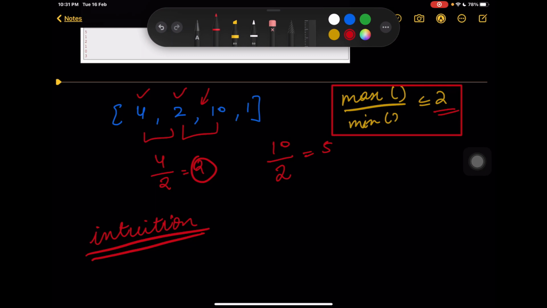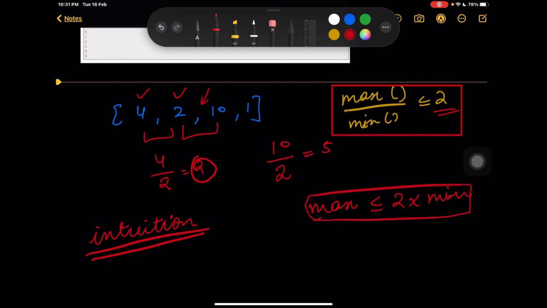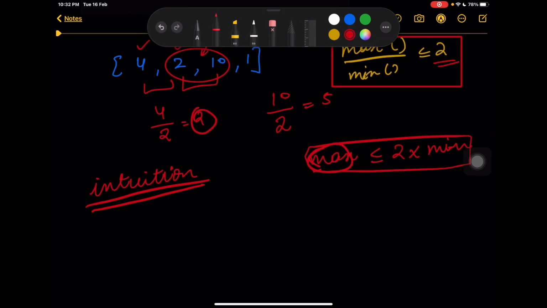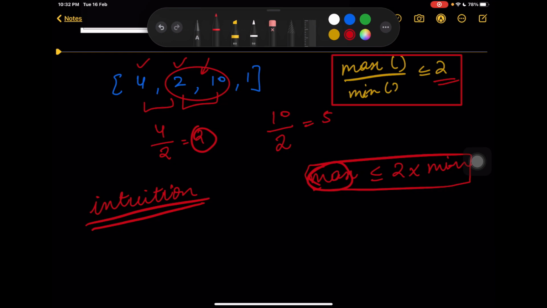It basically says that max of the two adjacent numbers should be less than or equal to 2 times the minimum among the two numbers. So this gives us a hint as to which number should be added in between. If I keep on adding twice the smaller element among the pair until a point I get a number which is greater than the maximum, then at such a point I can stop, since I've got the required number of elements that must be added to make this new array dense.